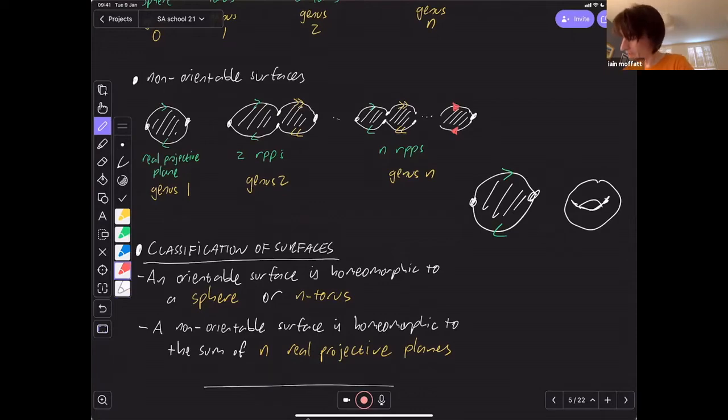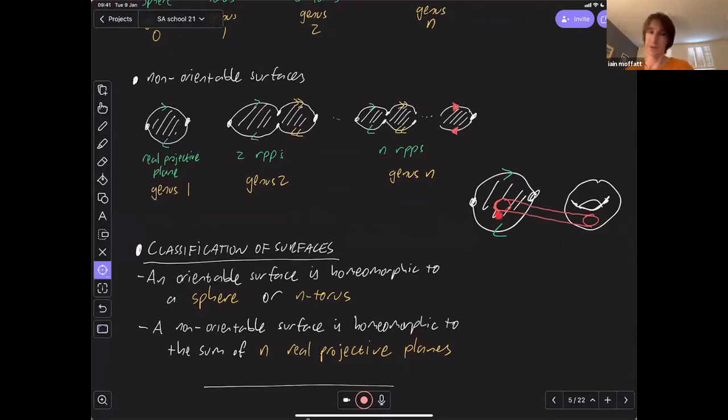So what I'm going to do is just cut some region out. I cut a hole in each surface, like so, and then I take some tube and join these two surfaces together. Okay, so this is a connect sum operation. For any two surfaces, I cut a hole in each surface and then just glue those two holes together to